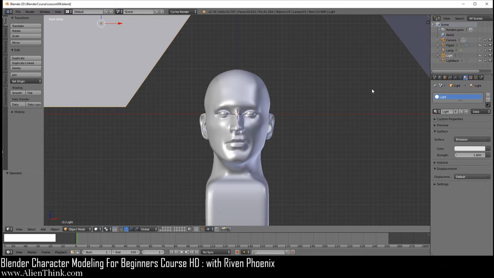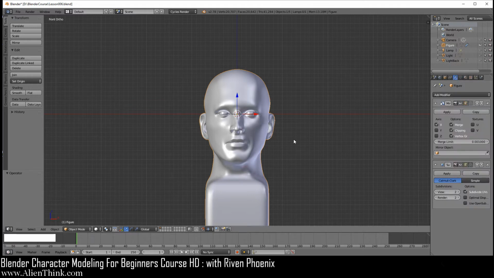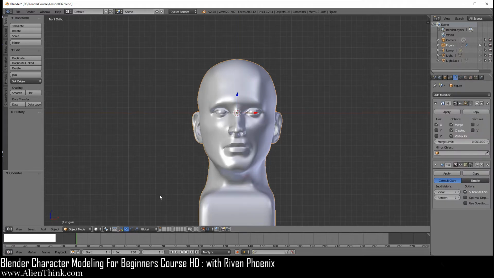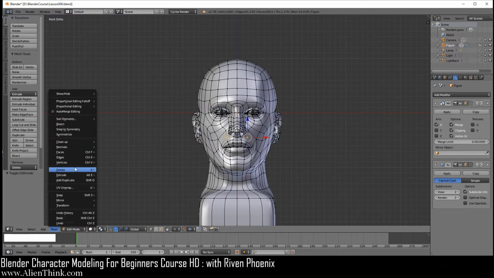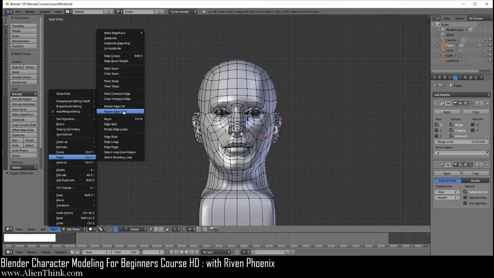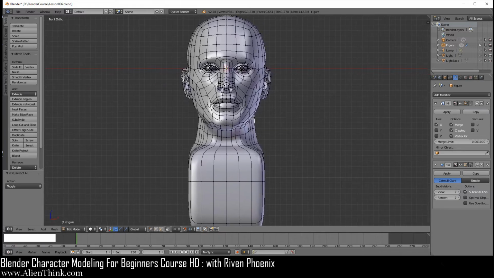So the first thing that we want to do is go ahead and make sure that we're clicked on the figure and make sure that the lights are off. And I'm just going to stay on my modifier over here. Then I'm going to switch back to edit mode. In this session, we're not going to be using the edges, rotate edge clockwise, but we will later. So I'm going to press A to select everything and then A to deselect everything. We have to first make sure that nothing is selected.